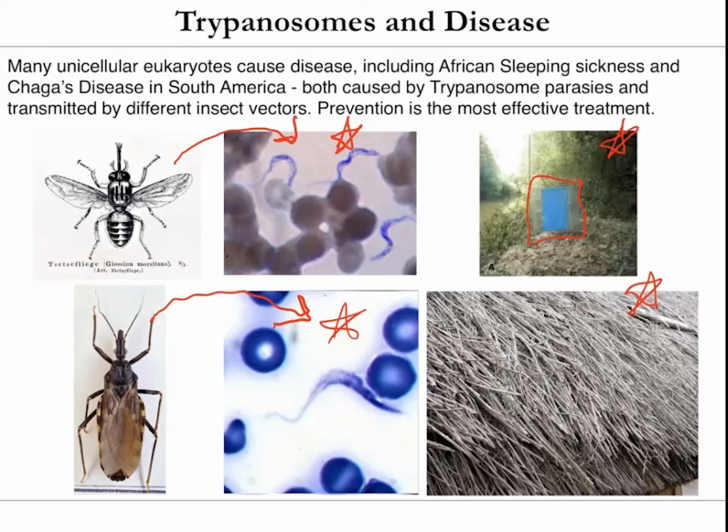The bite isn't what spreads the trypanosome. When they feed on you, they will also defecate. Then you scratch the itch or the bite that they gave you, and you rub some of that fecal material into the cut. That's how you would get the trypanosome and Chagas disease. So these single-celled eukaryotes are very, very important for infectious disease.